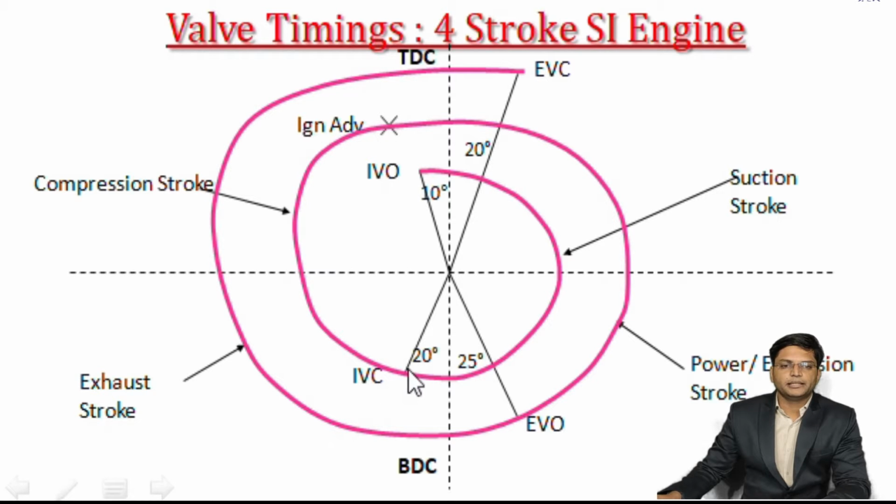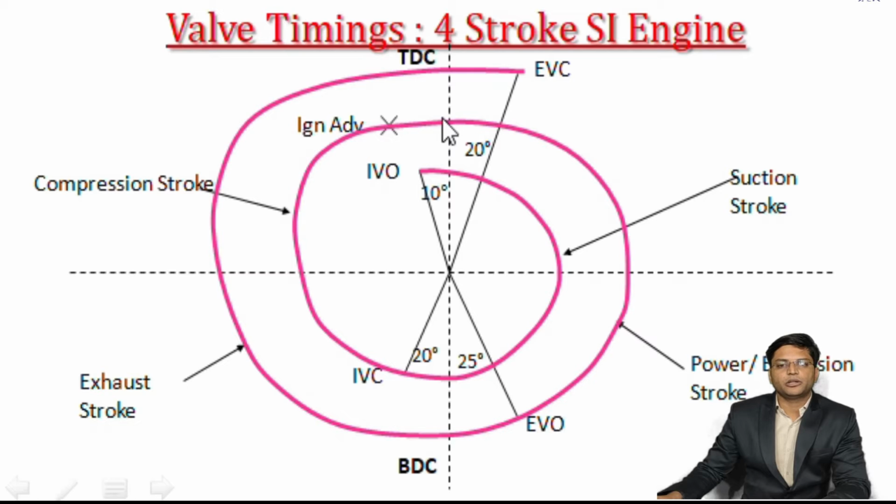After it there is a compression stroke. This is the line shown for the compression stroke. Now before TDC, around 20 to 15 degrees, there is ignition. Ignition is added with the help of a spark plug. Some period has been given in this valve timing diagram, shown by this line. This is done to accommodate the chemical and physical delay. So there is a delay in the combustion process which should be accommodated by this time.